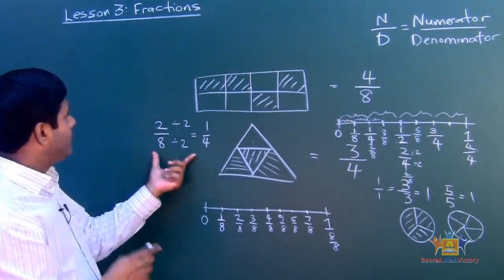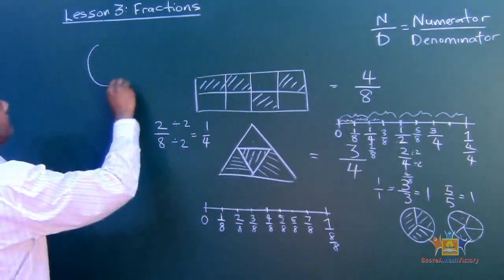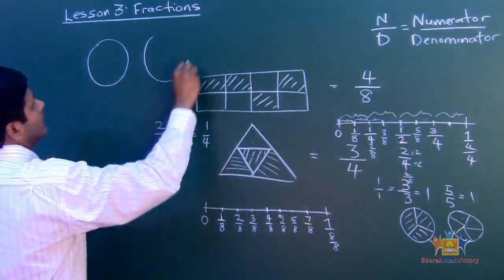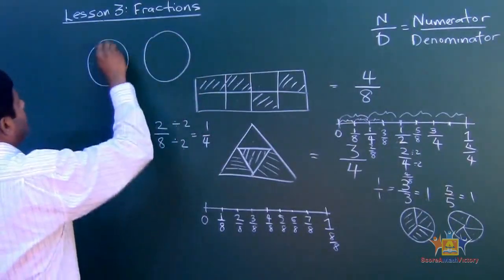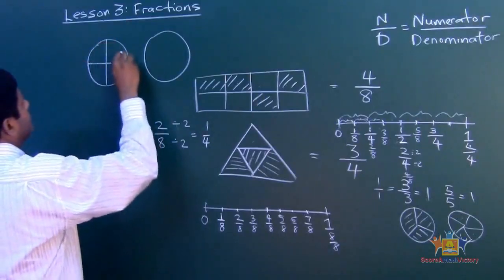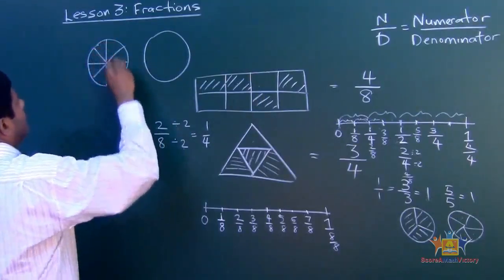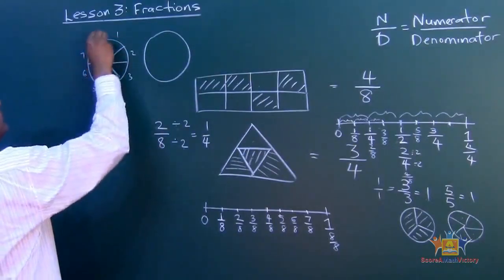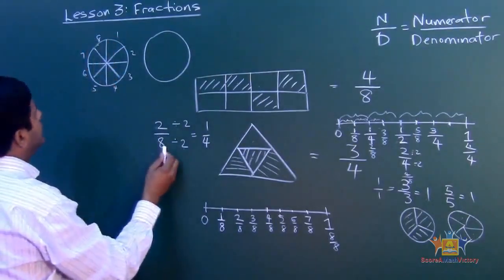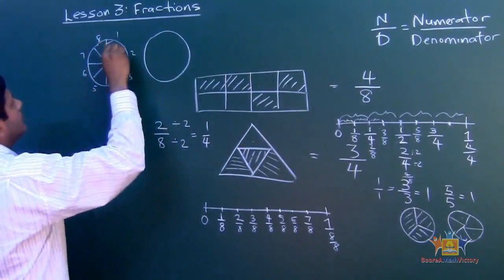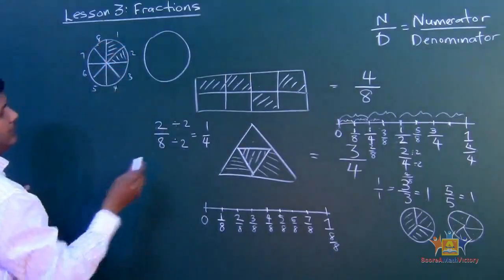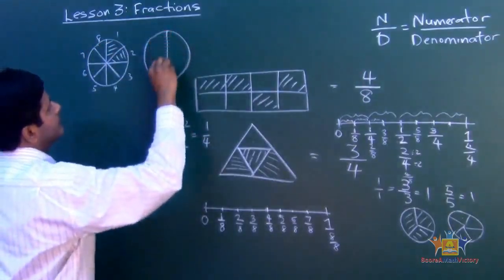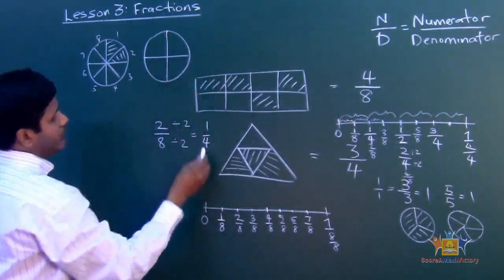Let's represent this in the form of pizza. Alright, I got a pizza. 2 over 8. So we're going to cut this into 8 pieces. Okay, so 1, 2, 3, 4, 5, 6, 7, 8. 2 over 8 means 1, 2. See that? Now I'm going to cut this into 4 pieces, and then I'm looking for 1 over 4, which